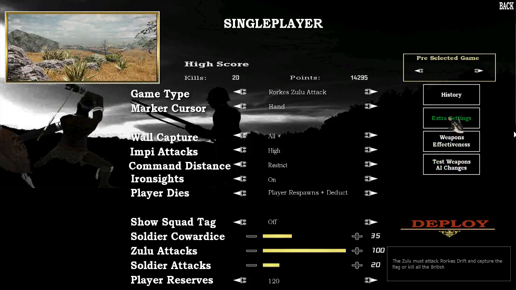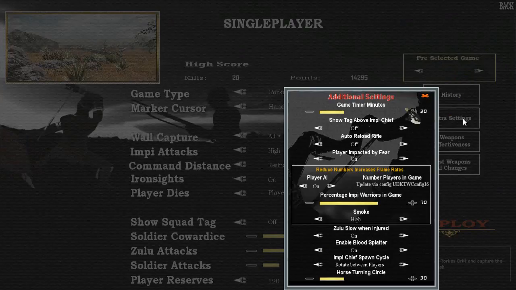Some other settings we have. You can set the game timer, which changes the length, how long you want the game to play. The tag above the chief, that's similar to the squad tag. I mentioned earlier that related to the impi attacks, a chief will spawn near a Zulu player, and when he spawns nearby,